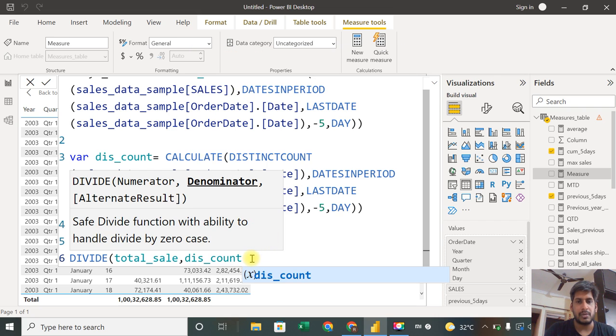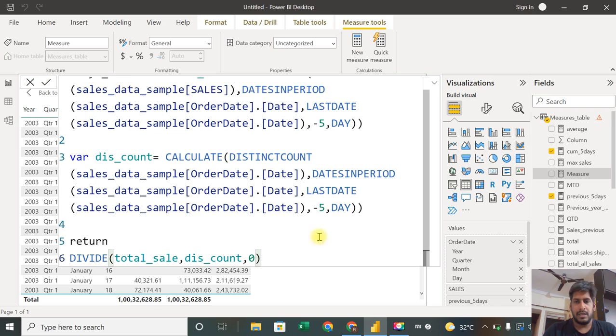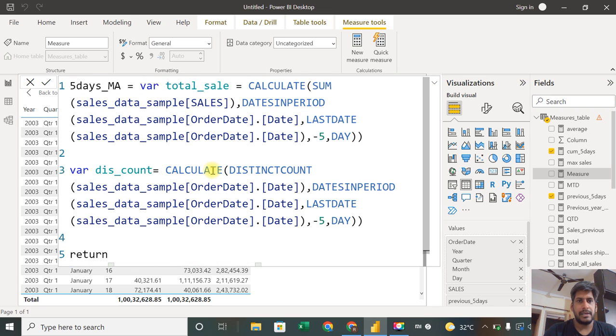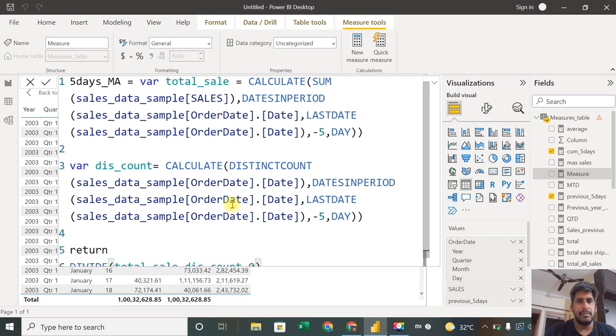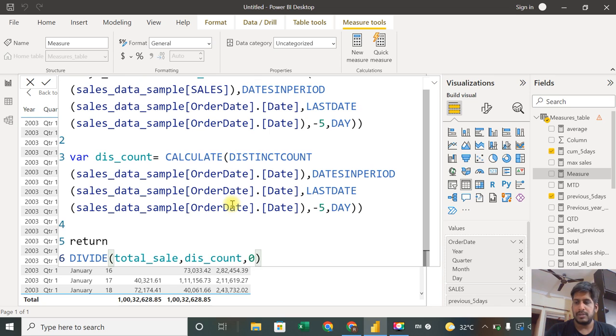Okay, distinct count. We can give an alternate result, comma, we can say 0, meaning in case of any error I would like to mention it as 0. Now it will complete everything. Okay, we calculated in the period and we divided them and returned them, right? So if I enter,